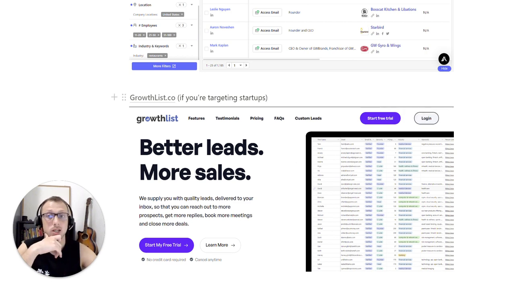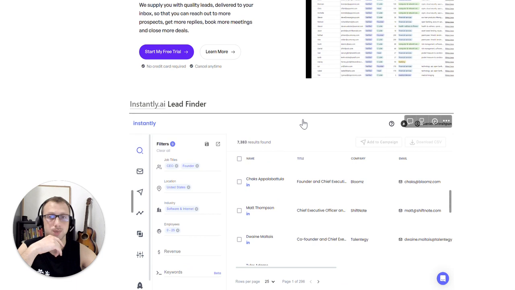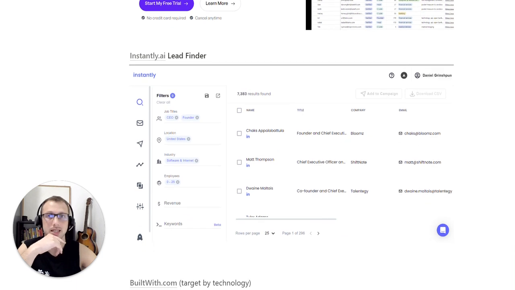So good things if you're targeting startups, go check them out. Next, Instantly's Lead Finder. Now, Instantly is a cold email sending tool we're using basically for ourselves and our clients. Now, they recently introduced a Lead Finder, which is pretty cool, where you can basically find all these people